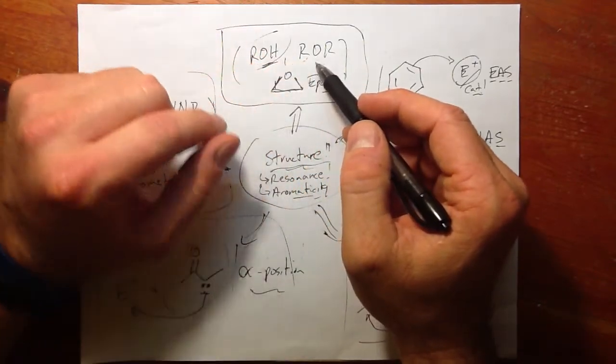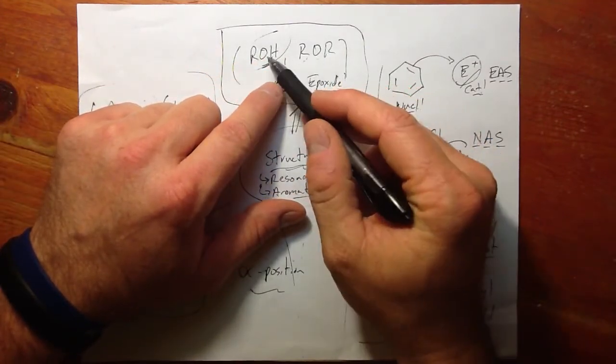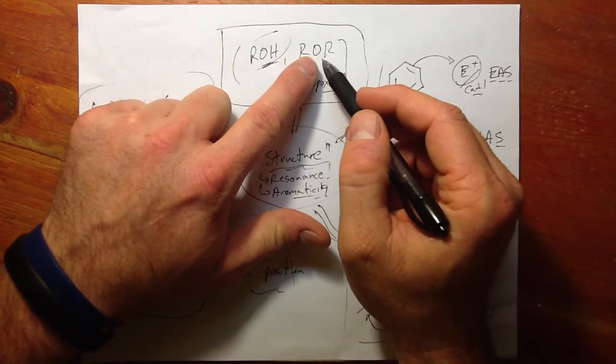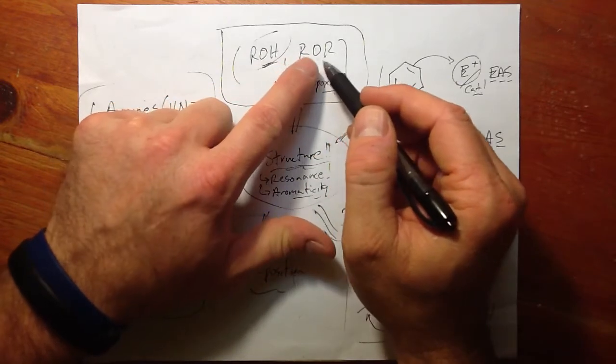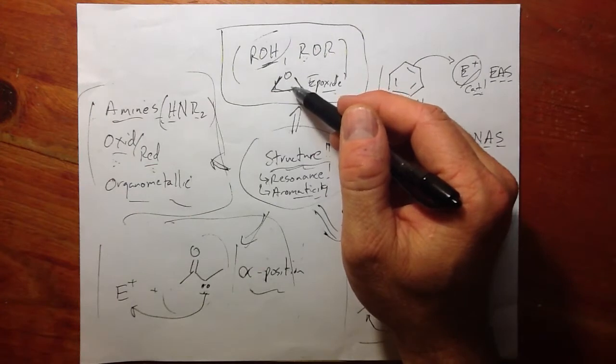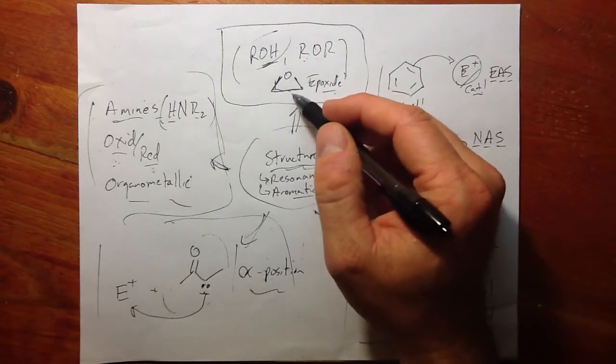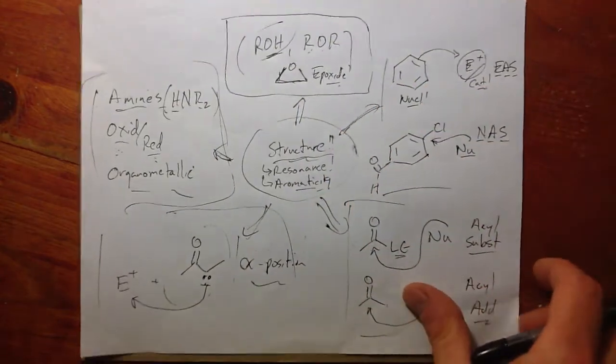This would be less. So then we're going to move after that comparison of ethers and alcohols and the chemistry that they can do that's like alcohols, but it's a little bit less. We'll look at epoxides, which we have a lot of chemistry we can do with because they are ring-strained. Let's look at the ethers first and compare those to